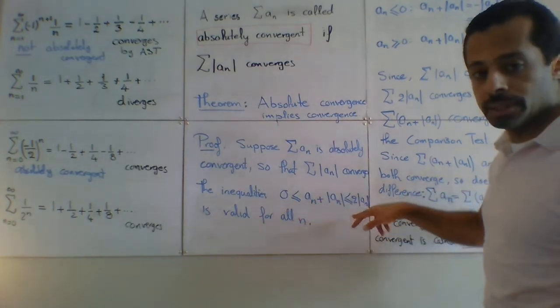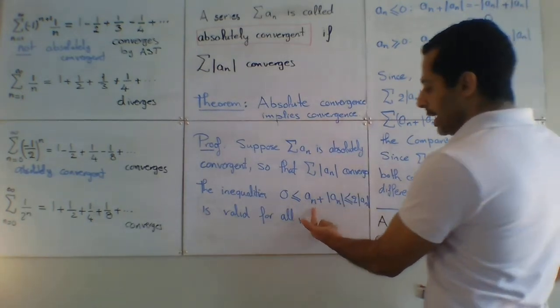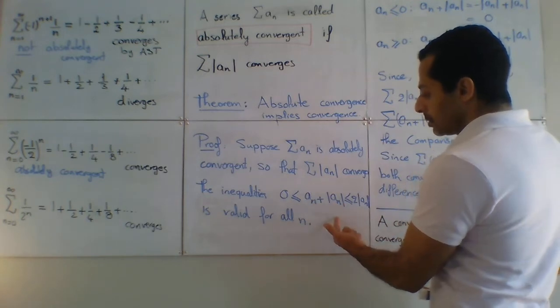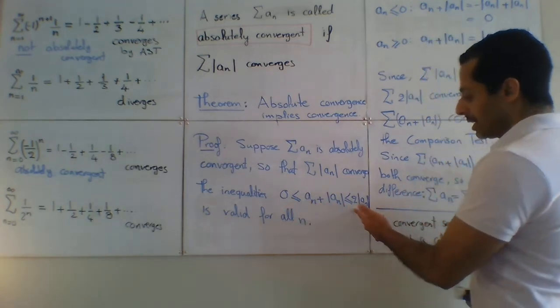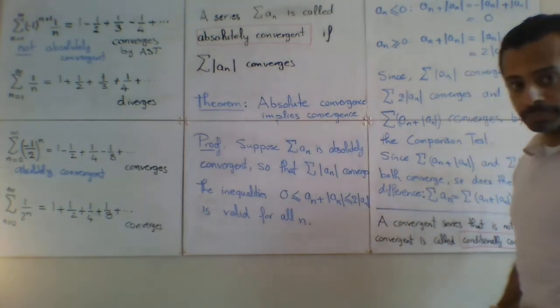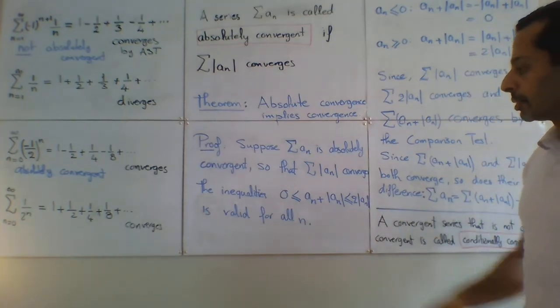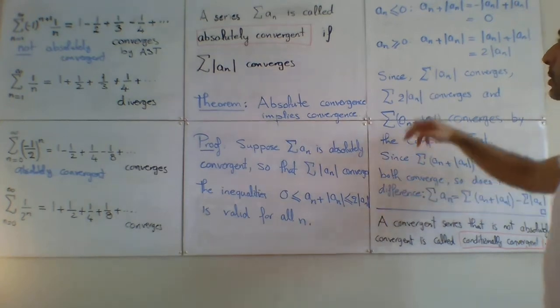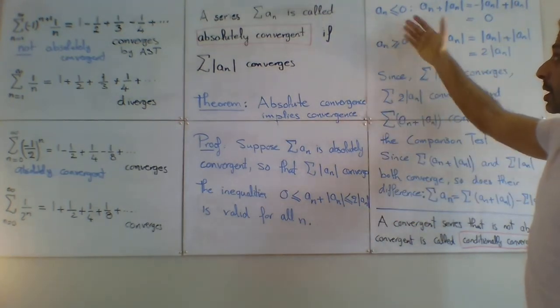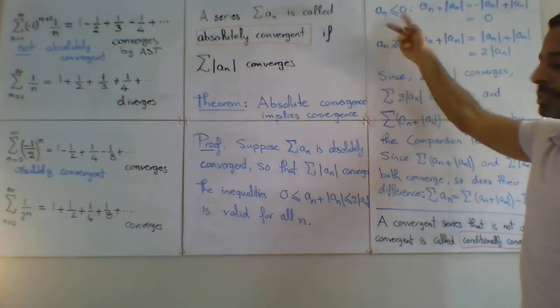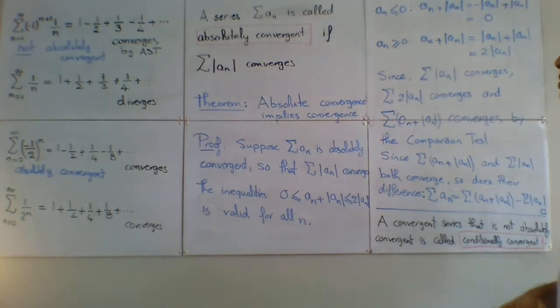So we have the following double inequality: if we take a_n plus absolute a_n, then this is non-negative, greater than or equal to 0, and less than or equal to 2 absolute a_n for all n. Okay, so first, why is this double inequality true? We consider the two cases: when a_n is less than or equal to 0, or a_n is greater than or equal to 0. If a_n is less than or equal to 0, then